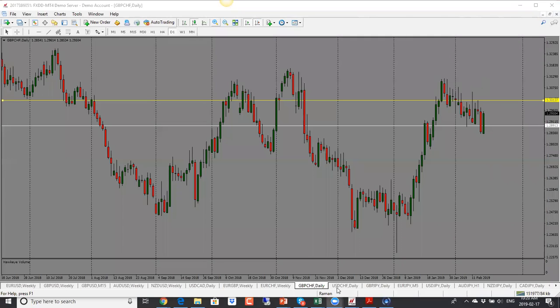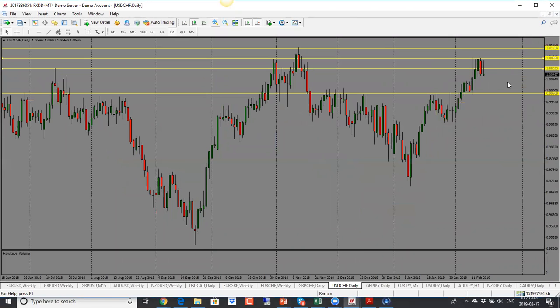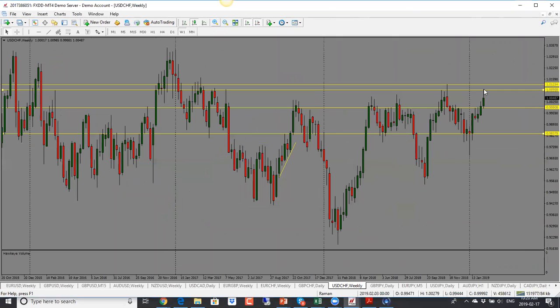Let's go to dollar Swiss franc. This one looks weak here. For several days here, it wasn't able to break the high. So in terms of our weekly here, there's bullishness in the candle, but we have a large pin on top here as well. So this candle here looks very similar to this one, which suggests that price could go and test the high because there is that bullishness. So let's draw this out. So looking for something like this, and if that resistance is strong, then looking for it to drop.